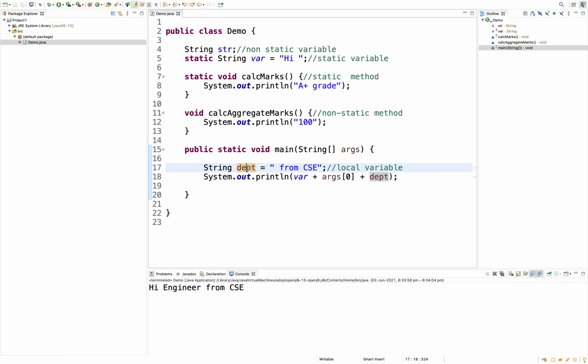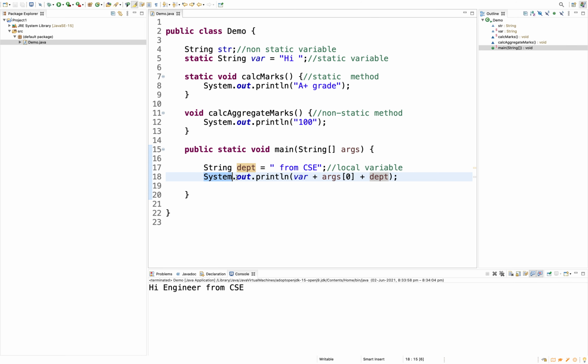This is the local variable. I'll tell you what a local variable is later, after some discussion. Within this main method there is a variable string department whose literal is this. Once this method is called, memory gets allocated to this variable, and we have this literal in hand.